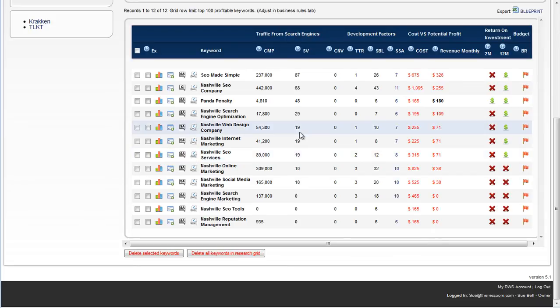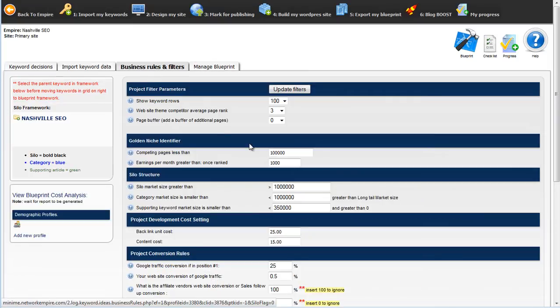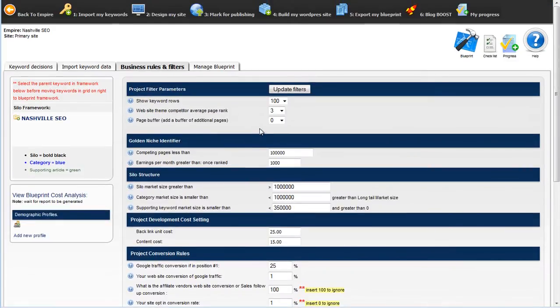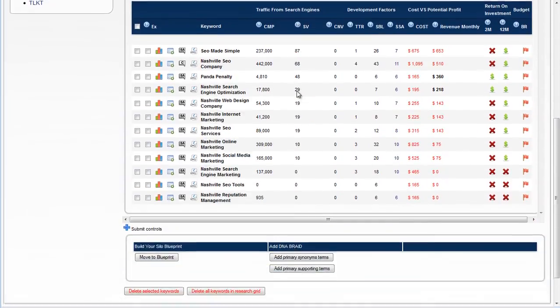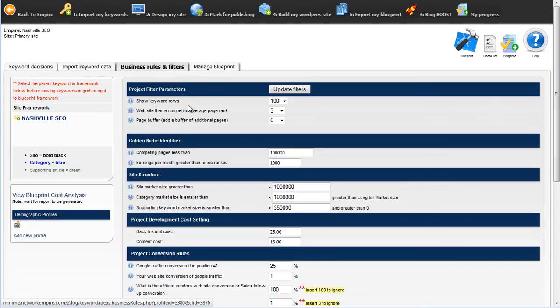So what I might do to make this fly a little bit better is come back here to my business rules and say, you know what, I know the number of searches is actually going to be higher. So if I fudge this figure a little bit, like let's put this back to 1, I'm saying that my conversions are actually higher than they really would be, and that's going to compensate for the fact that my traffic is reported as lower than it really is. Let's just see if that doesn't flip. That still doesn't flip any flags. Let's see how far we've got to go to get a green flag, right?